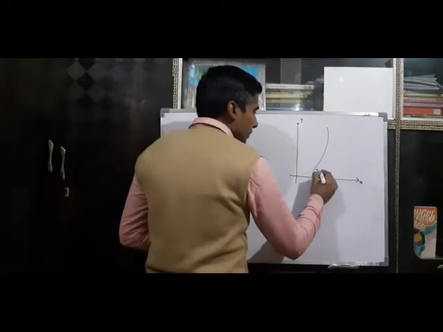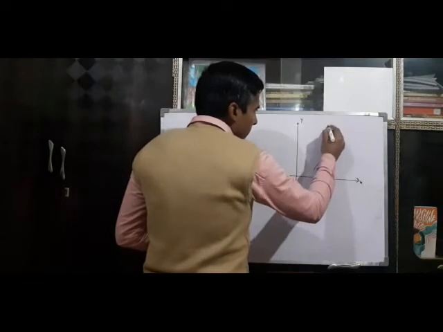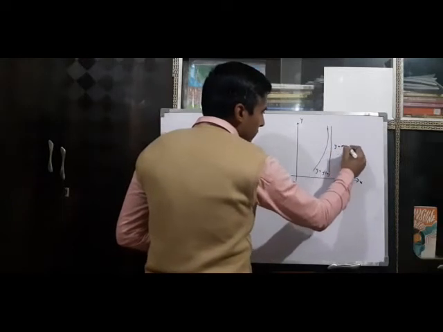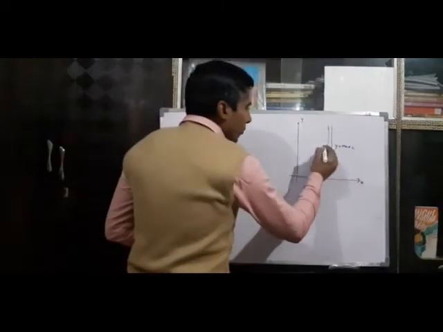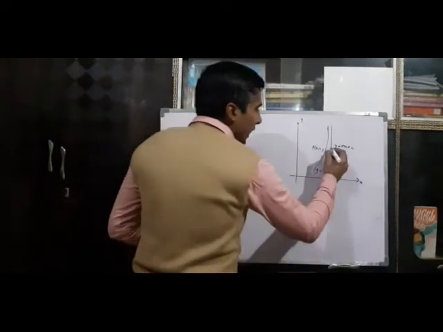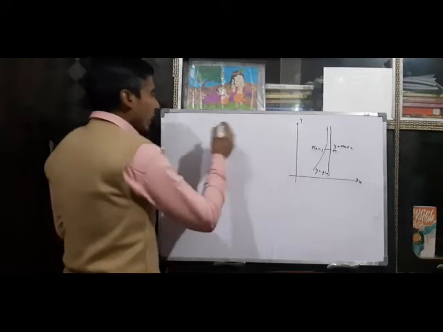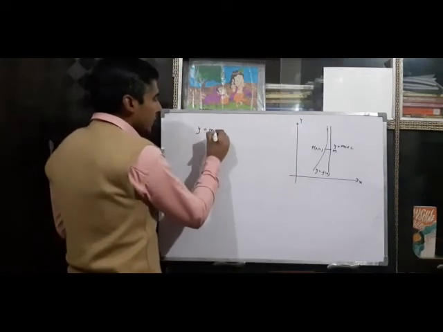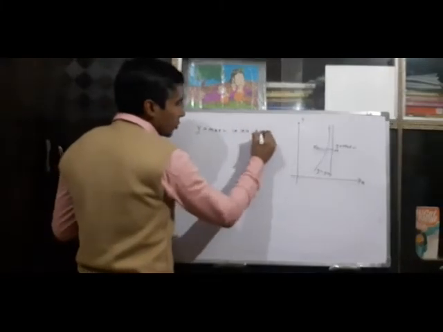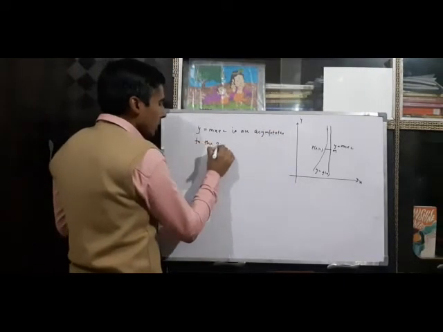y equal to f(x). The straight line is denoted by y equal to mx plus c. And we take a point P on the curve y equal to f(x) and take a point M and consider this distance PM. Then an asymptote is a straight line y equal to mx plus c is an asymptote to the given curve